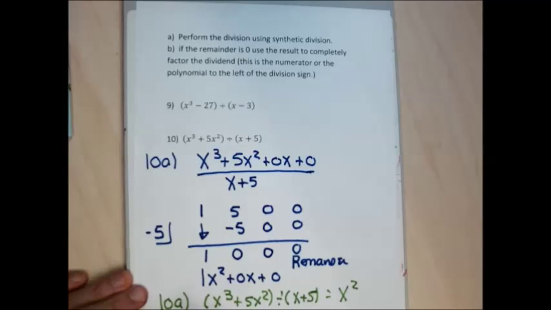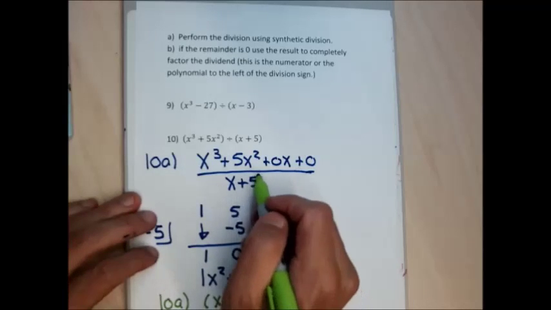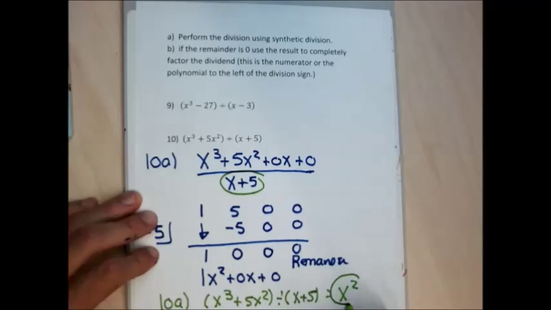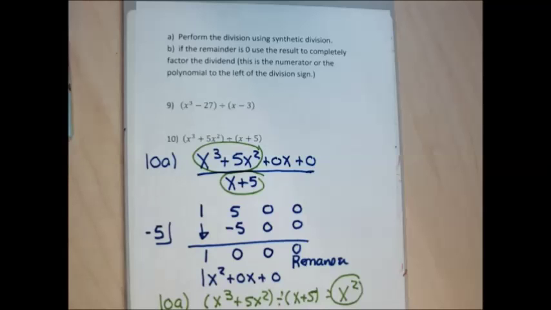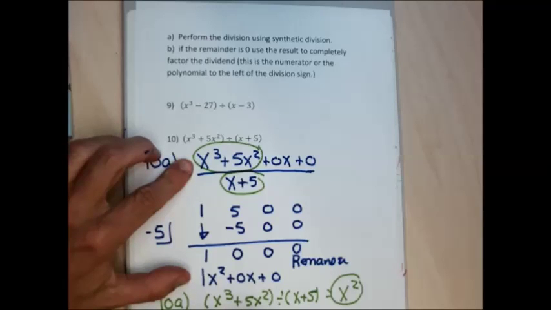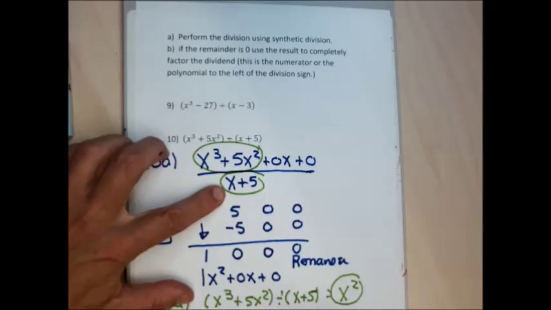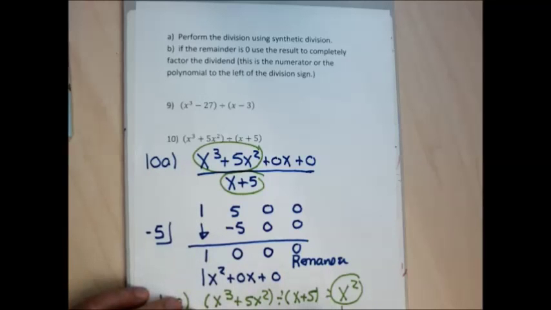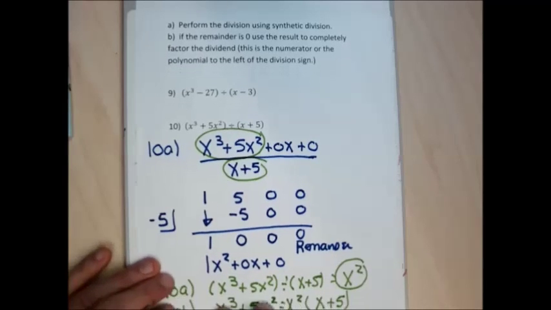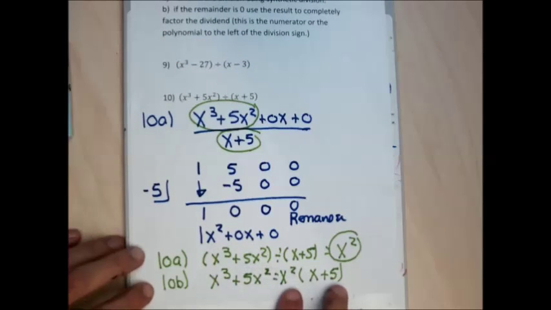The nice thing about this, since it's a remainder of 0, I know this synthetic division helps me factor. I know that the denominator times the answer equals the numerator, and I don't need to write the 0 parts. So when I go to do part B, I know that the numerator, which is x cubed plus 5x squared, factors into the denominator, x plus 5, times the answer, which is x squared. I'm going to write that x squared first. So it tells me that x cubed plus 5x squared factors into x squared times x plus 5,